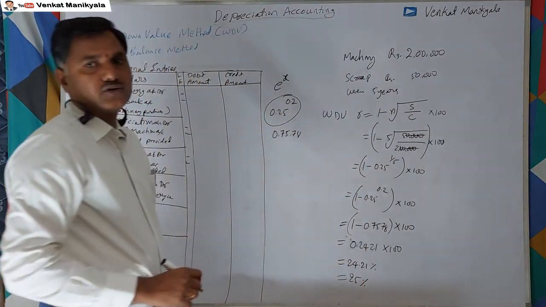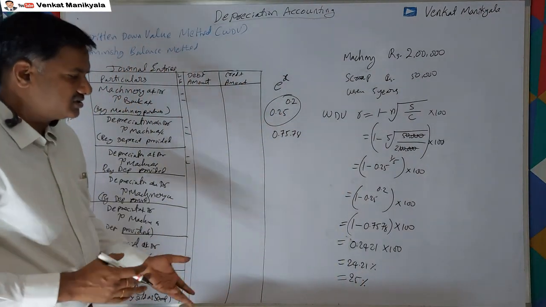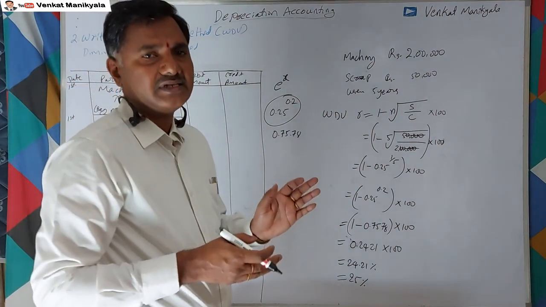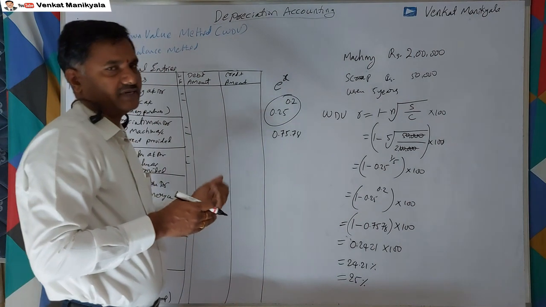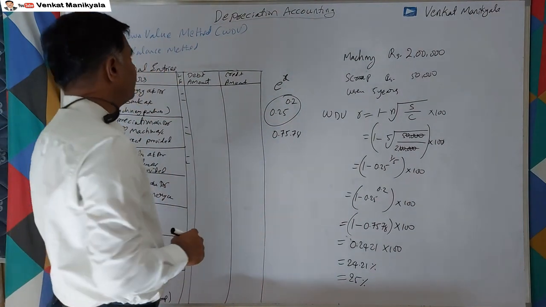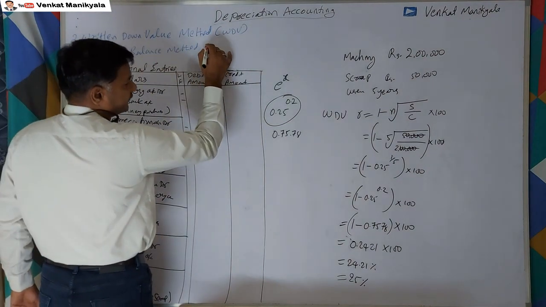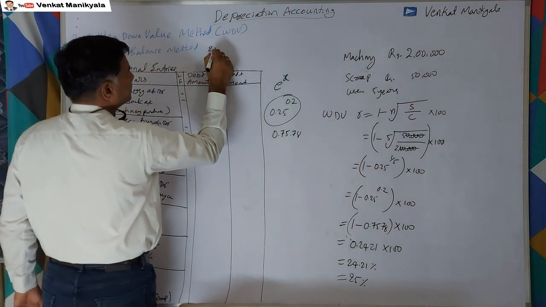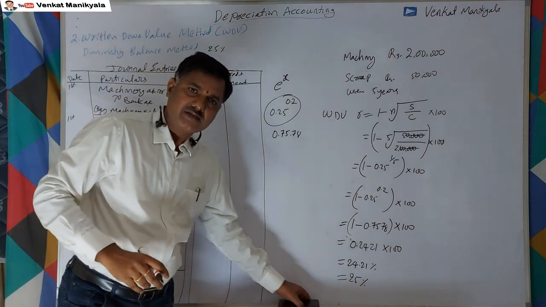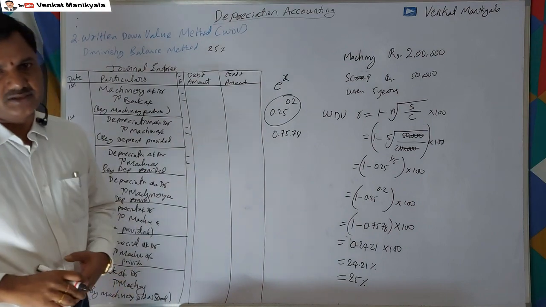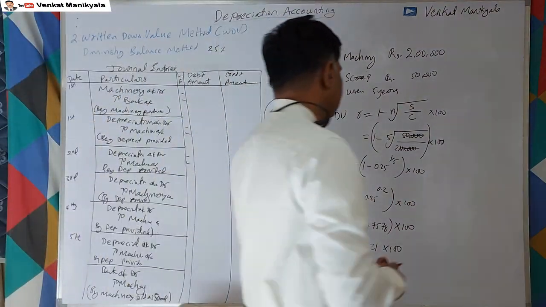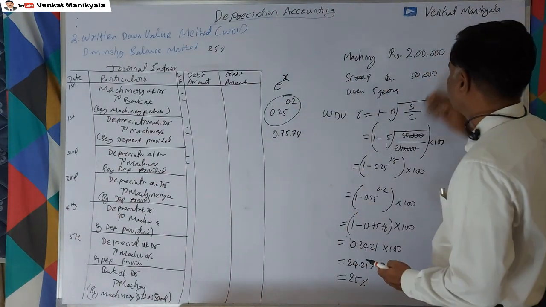I say it's 25 percentage, or you can say it's 24%, but ultimately at the end of the years we'll have some difference value as estimated. That we'll adjust over the transactions, right? So now under this method, we found out by using that formula 25%. But generally in the examination, they themselves give the percentage per WDV method. We are not supposed to calculate, right? If at all that is not given, then we have to calculate in this way, right?